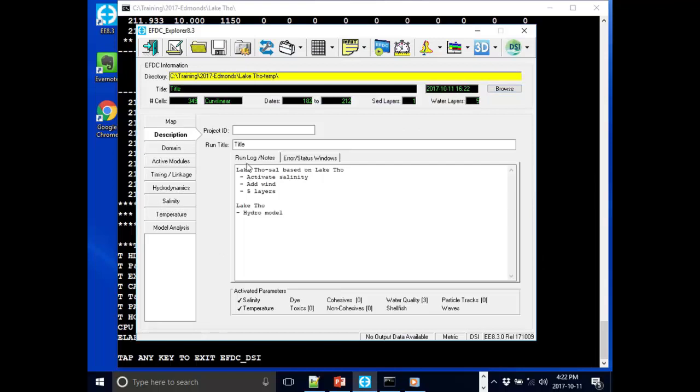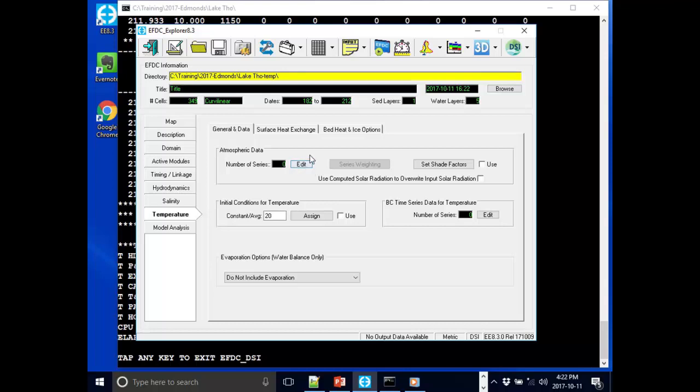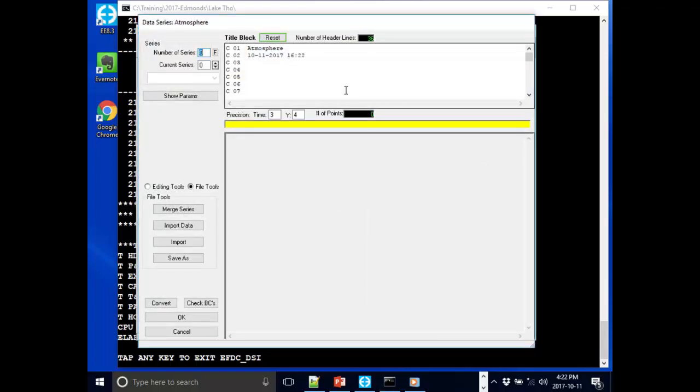Save it. Let's go to description and update our model description. Lake Tahoe attempt based on Lake Tahoe cell. So we'll have temperature, atmospheric series. Okay, so after you have activated this temperature submodule, there is a tab called temperature. Now let's go ahead and import our temperature atmospheric data. Click edit,